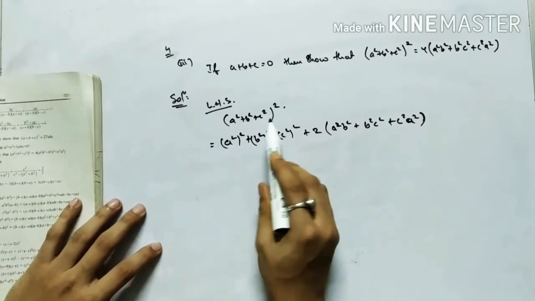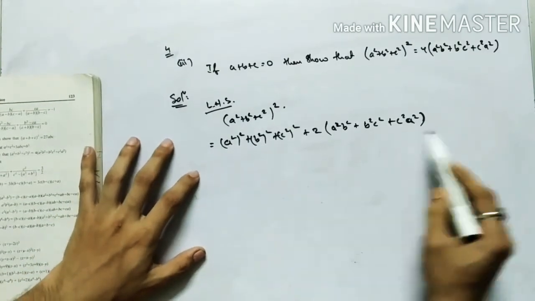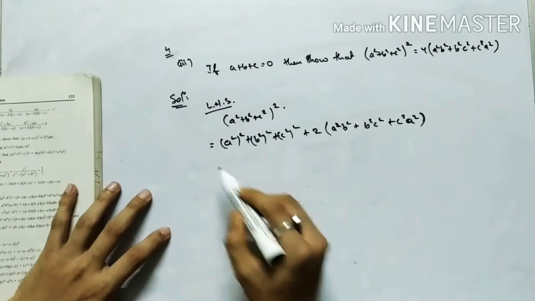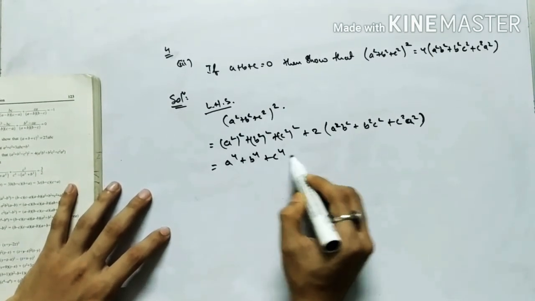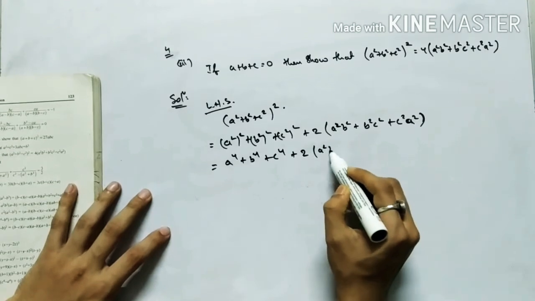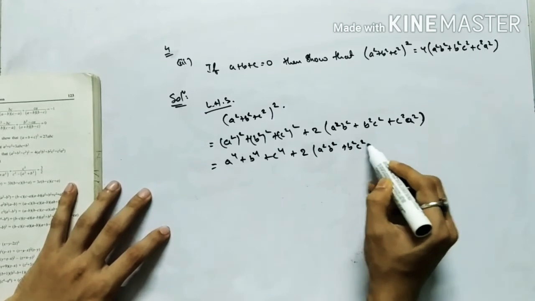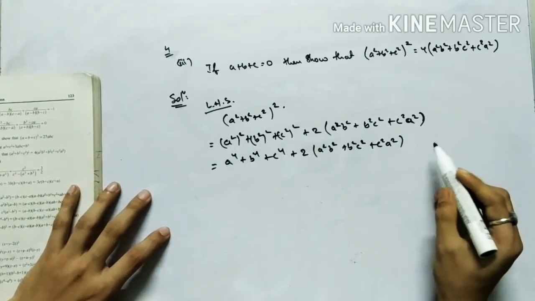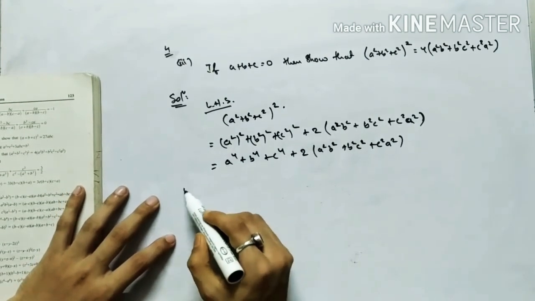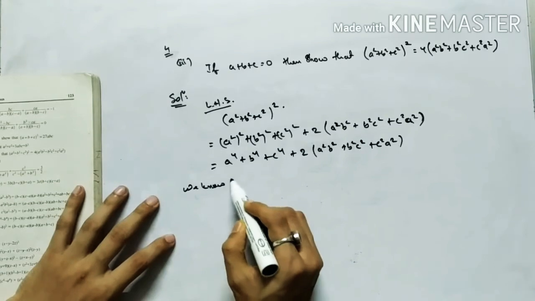Okay, this is the (a plus b plus c) the whole square formula. Understand? So this ultimately becomes a4 plus b4 plus c4 plus twice (a square b square plus b square c square plus c square a square). Okay, so now you see we know that